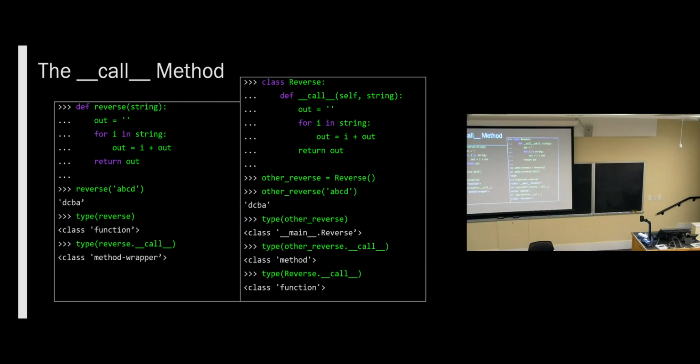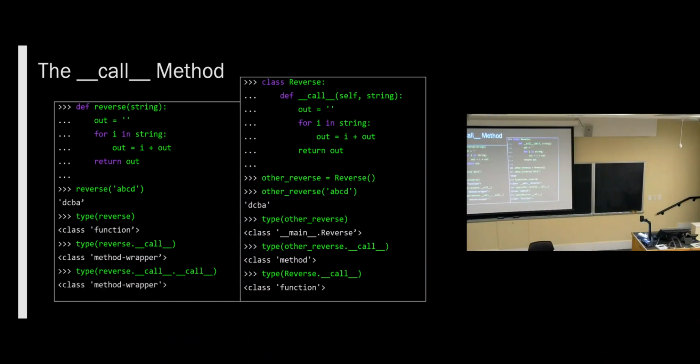Okay. So that's a little weird. It's a little weird for this thing to have a dot dunderCall in the first place, because we think of functions as kind of a fundamental building block. And so for it to have a method dot dunderCall, what are we calling? Are we calling the function or are we calling this method? What even is this? What is method wrapper? Well, let's investigate further here. If we can call this thing, but it had a method dot dunderCall, then maybe this has a dot dunderCall? And it turns out it does.